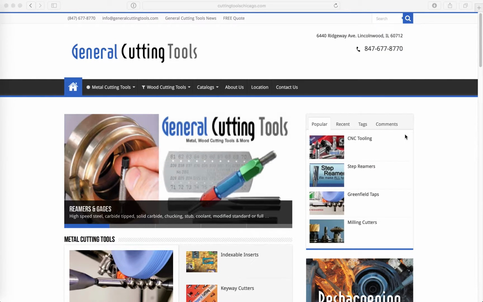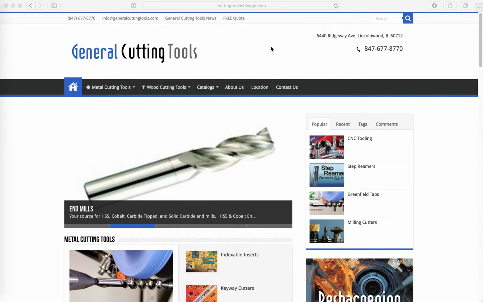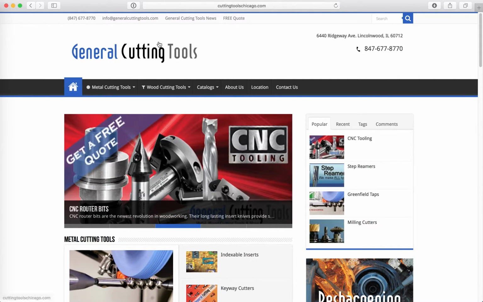Okay, this is the General Cutting Tools WordPress website. I'm going to go through some of the features of the website and try and explain how to use it. So first, this is your top menu bar,